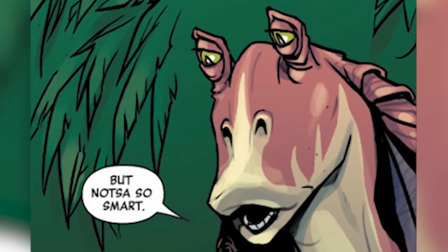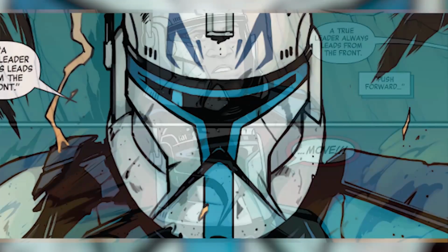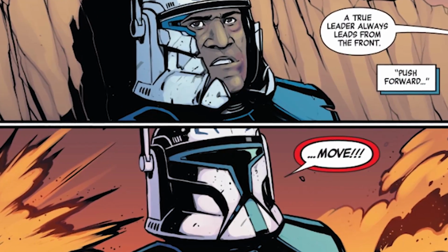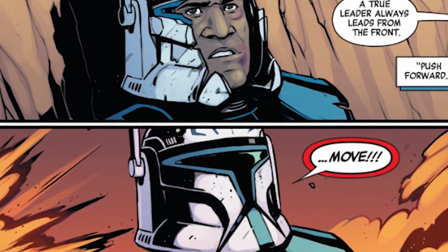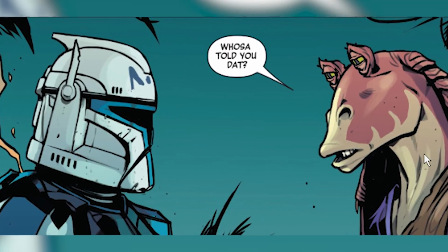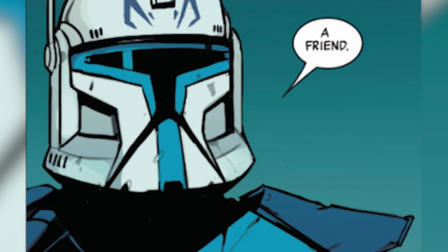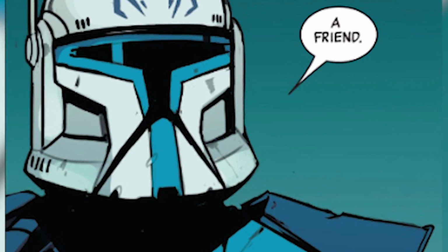Jar Jar tells Rex that he doesn't think that's a good idea, but Rex quickly responds telling him that a true leader always leads from the front, which is the exact same line Anakin told him when he saved his life back at the Battle of Arantara. Jar Jar then asks who told him that line, to which Rex tells him a friend. I absolutely love how the brotherhood between Rex and Anakin is already starting to develop this early on in the